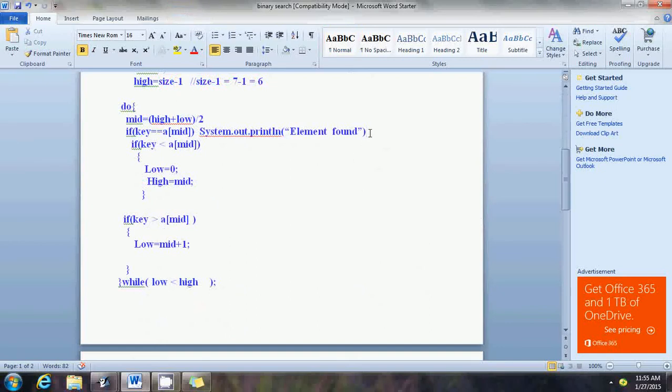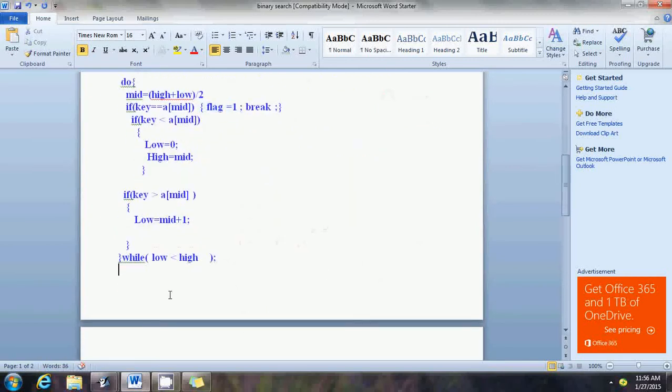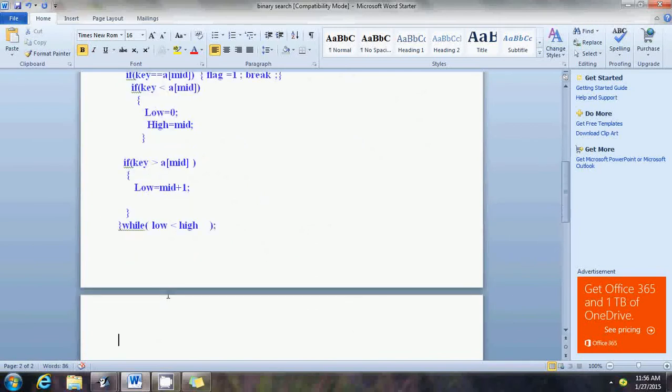So instead of printing "element found", we can set a flag variable. Flag is equal to 1, and then we can break out. If we actually find the element somewhere inside, we don't have to do any more searching. That's when I set the flag to 1 and break out. After I come outside the while loop, I can check the flag statement. If flag equals 1, then print